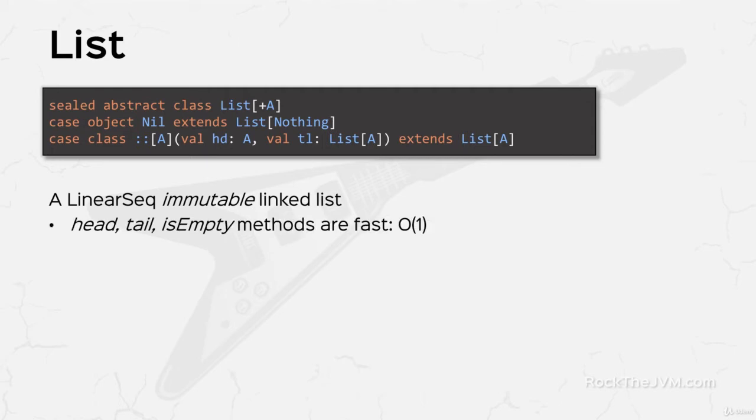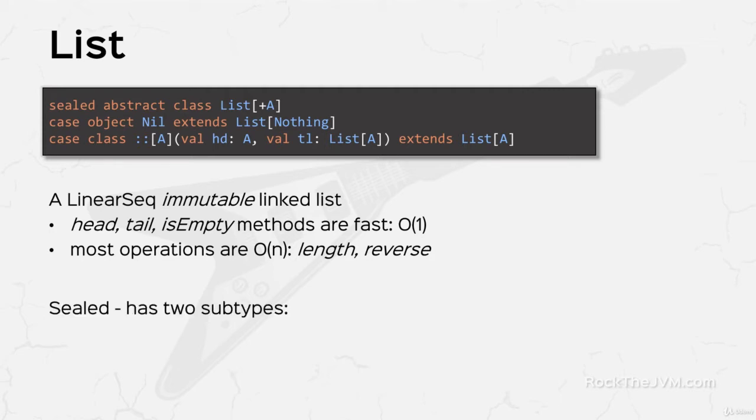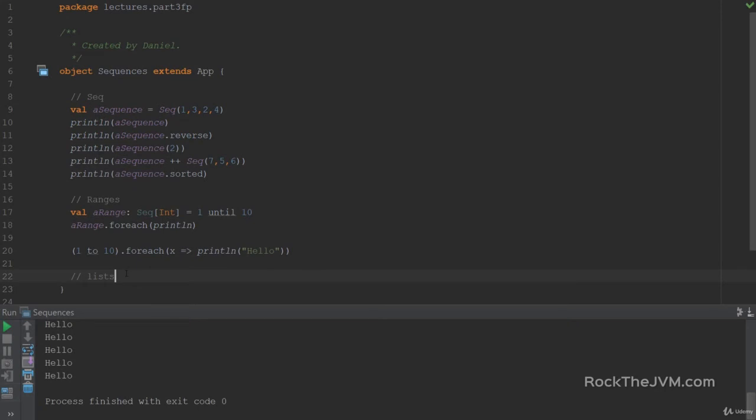So because they extend linear sequence, the head, tail, and isEmpty methods are generally fast. They are amortized constant time, but most other operations, like getting an element at a given index, are linear time. Lists are sealed, and they have, like I said, two subtypes: the object Nil, which denotes an empty list, and the class ::. Now, I don't need to remind you that the Scala naming is so permissive. All right, so you've seen lists in practice